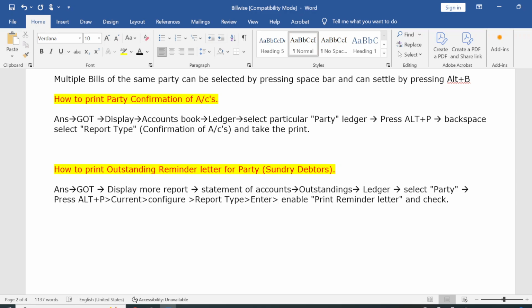So this is all about the bill-wise detail. If you have any question related to the bill-wise detail, please